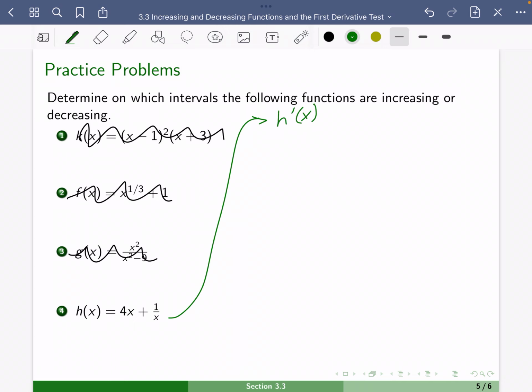Our derivative here is going to be 4 minus x to the negative 2, which is 4 minus 1 over x squared, which is 4x squared minus 1 over x squared. And so if we get a common denominator between those two, this derivative